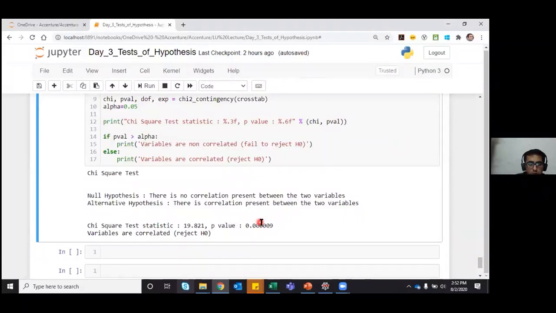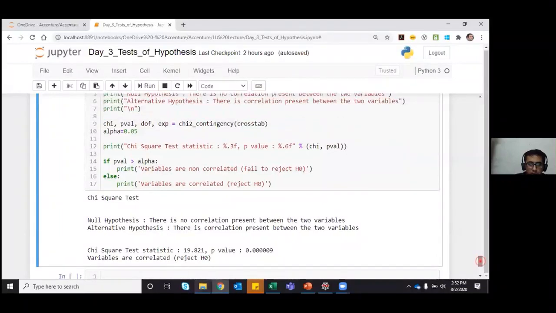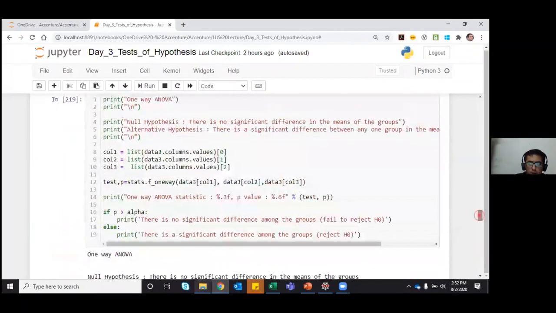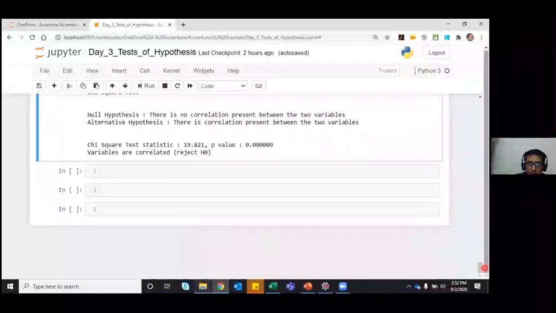Now, as you can see, my p-value is less than 0.05 and my chi-square statistic comes out to be 90. That is why I conclude that the variables are correlated, or I will say I reject the null hypothesis that the variables are non-correlated. So we have covered all